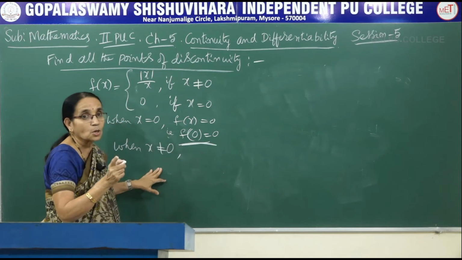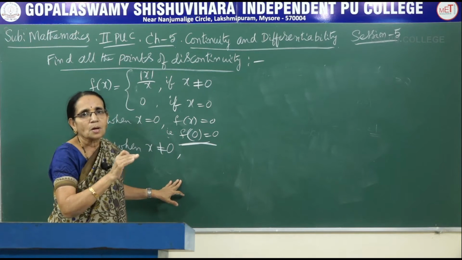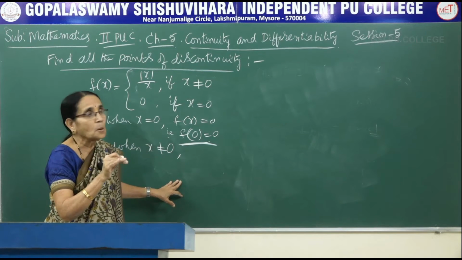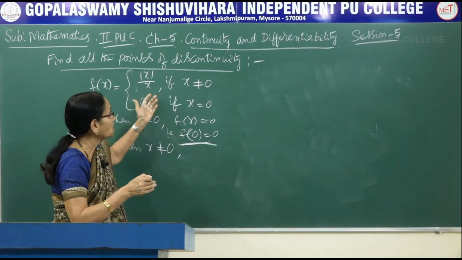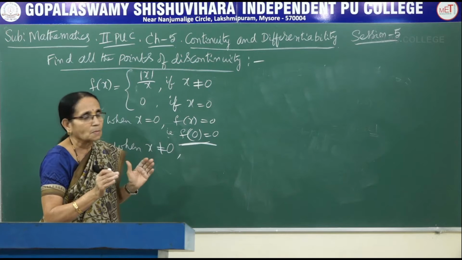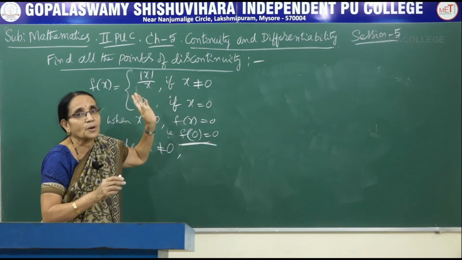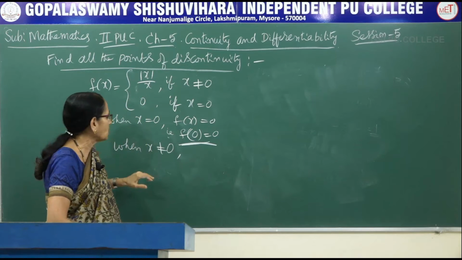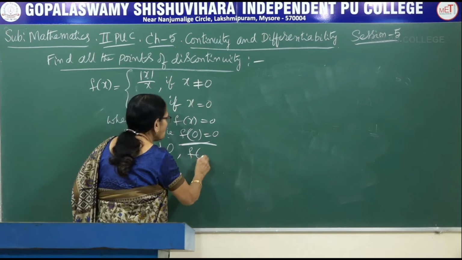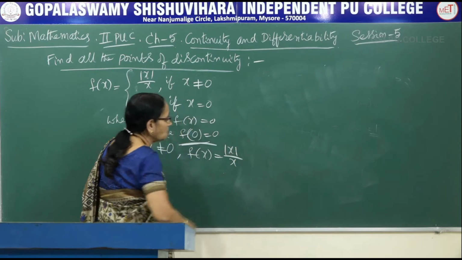So that's what I am telling you. In the previous problem we had that less than, greater than. So before 2, after 2 we found out the function was continuous. At exactly 2, since the function was defined in two different ways, we had to consider the left hand limit as well as the right hand limit. Here also we have to do it because it is not an ordinary function, it is a special function, that is the modulus function. So when x is not equal to 0, how is the function defined? It is modulus of x divided by x.